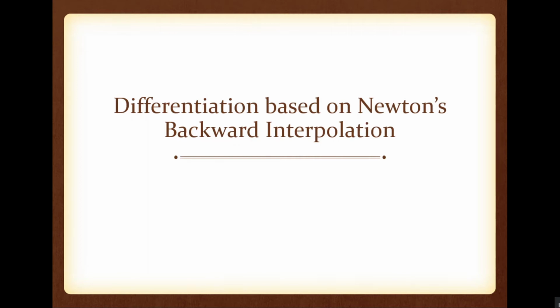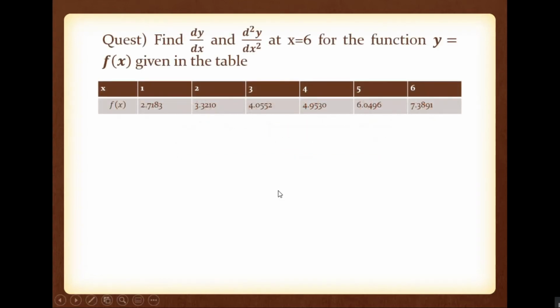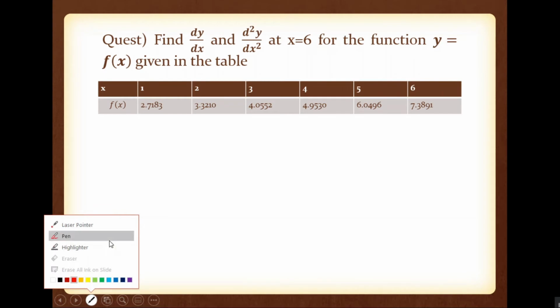So our next one is numerical differentiation using Newton's backward interpolation method. I am starting with a problem. The question is the same question, same data we have. Find df by dx and d square f by dx square